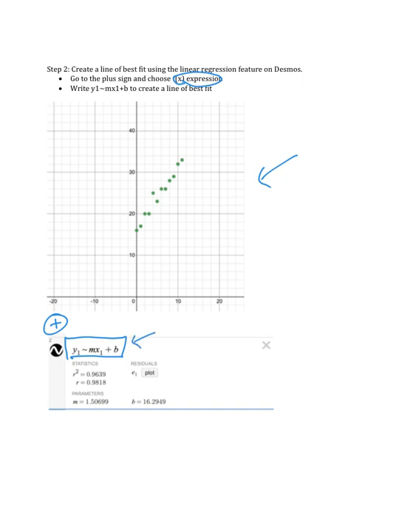So this is the way you need to write it in for that to happen. And when you do, right away, it tells you the R value, that correlation coefficient, and we can see that it is an R value really close to 1. It's a strong positive correlation. It also tells us the slope, 1.50699. We can say that's about 1.5. And our y-intercept, our b value, is 16.2949. We'll call that about 16.3. So if we round to the nearest tenth like we did, our equation here will be y equals 1.5x